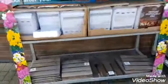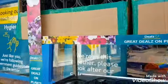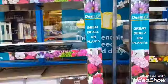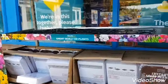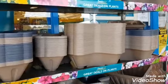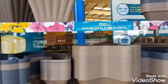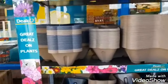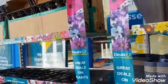So these are some stuff that you will need for gardening, and you need these pots and all of this stuff for gardening, and I will show you. So I'm going to buy some from here, as you see,